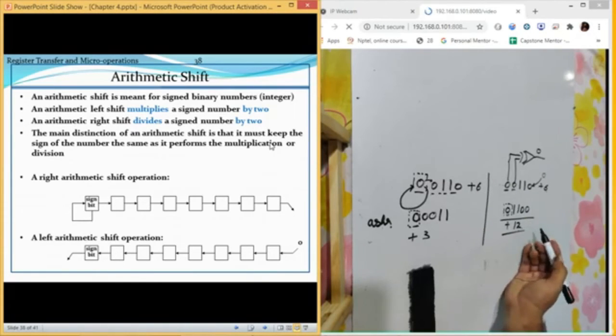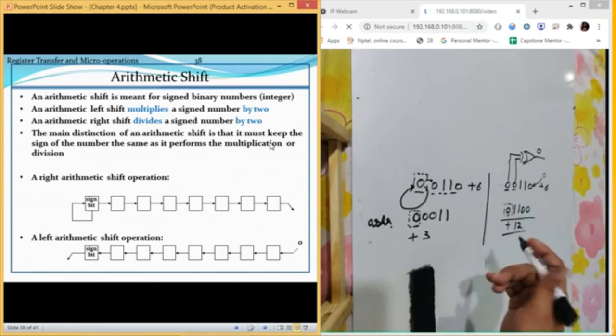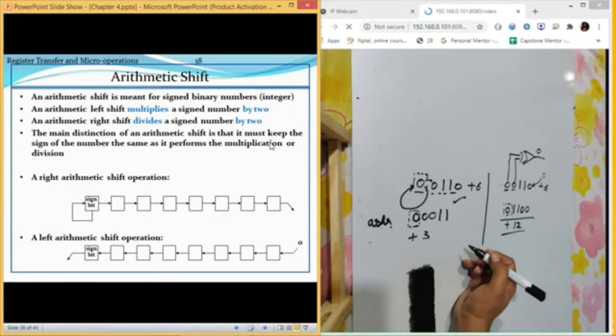So whenever we are going to perform multiplication by 2 or division by 2, you can simply perform the shift operation. If you are shifting towards the right side, it will divide the value by 2. If you are shifting it towards the left side, it will multiply the value by 2.